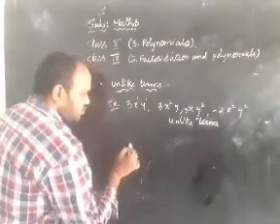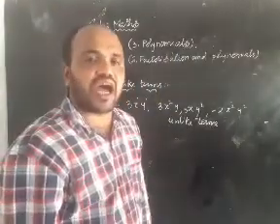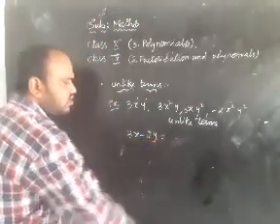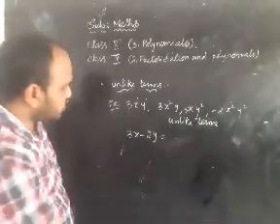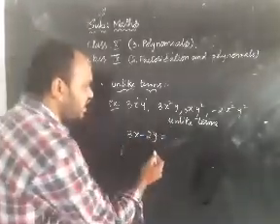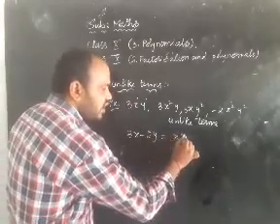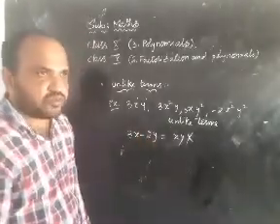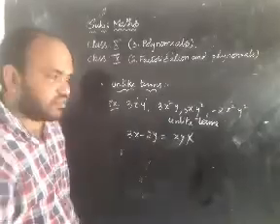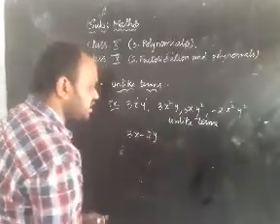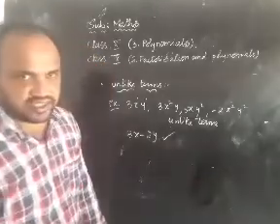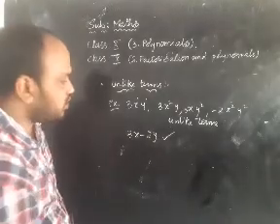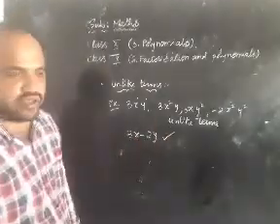See this example here. We cannot add or subtract unlike terms. Take 3x minus 2y. Most people will write 3 minus 2 as 1 and write xy. But this is wrong. If they are not like terms, we must not add or subtract. We have to write 3x minus 2y as it is. There should not be any addition or subtraction between unlike terms. We have to write it as it is only.